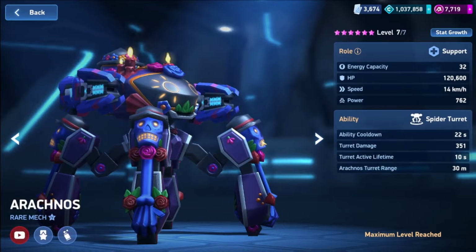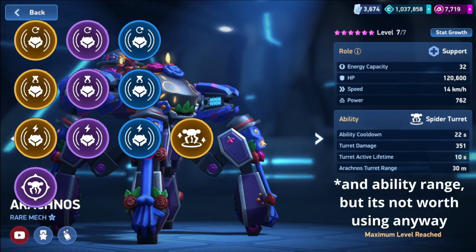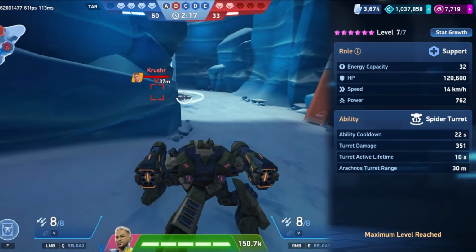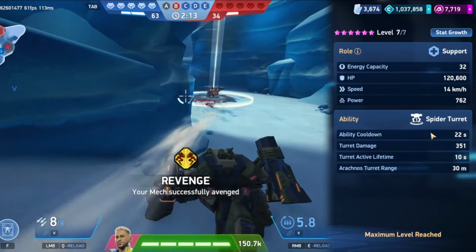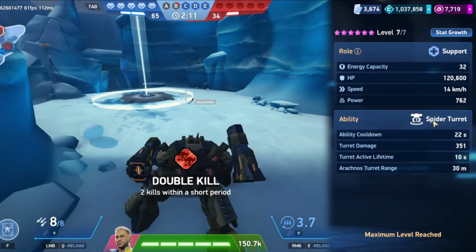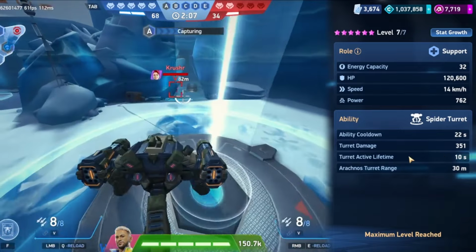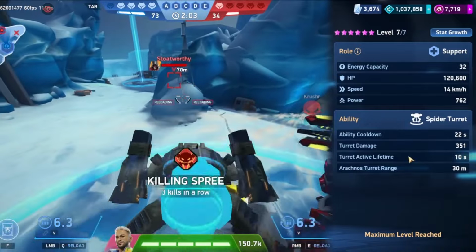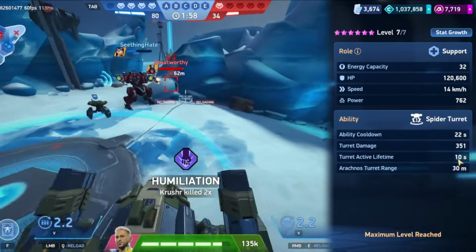All right, moving over to Arachnos. Your options are just the classics: cooldown, duration, and damage. Now, Arachnos does have a mech-specific damage implant, but that's kind of classic of most mechs. The cooldown is the only one that I would bother going with. Turret damage in general is sad at best, and the duration is actually capped, because even though you can